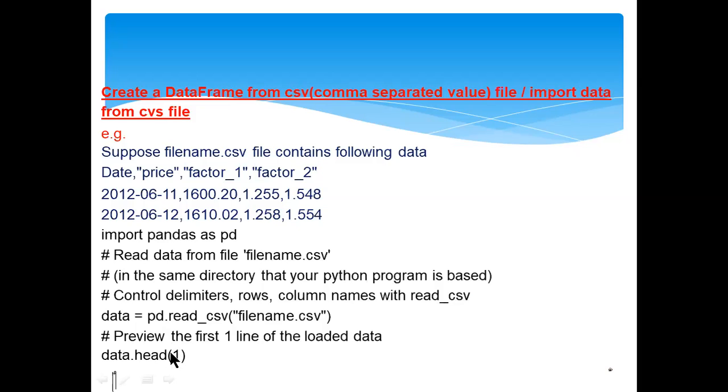If you write one, only one record will be displayed; if you write two, two records will be viewed; and if you write three, three records will be viewed. So you can write the number of rows you want to retrieve from a CSV file or Excel file in your program.